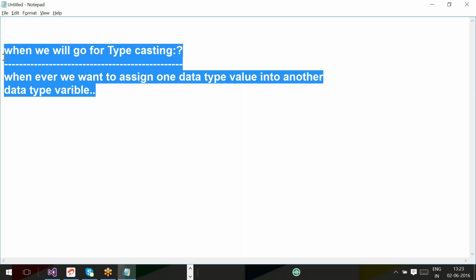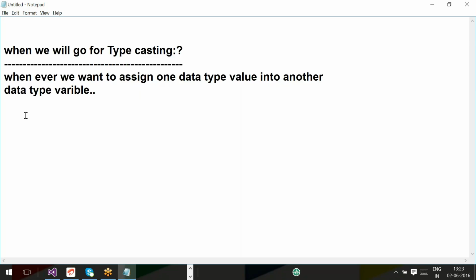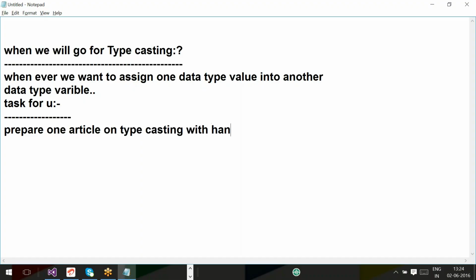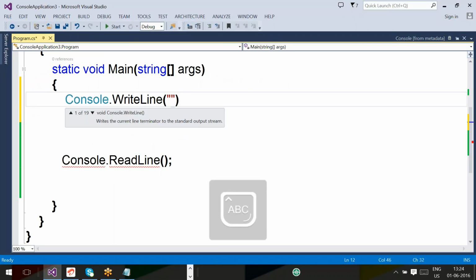So, the task for you for today, and from now onwards, is not just the topic we are going to discuss. Prepare one article on typecasting with handwritten notes and send it to me. Okay, right. And as well as tomorrow we do Console.Write and enter your